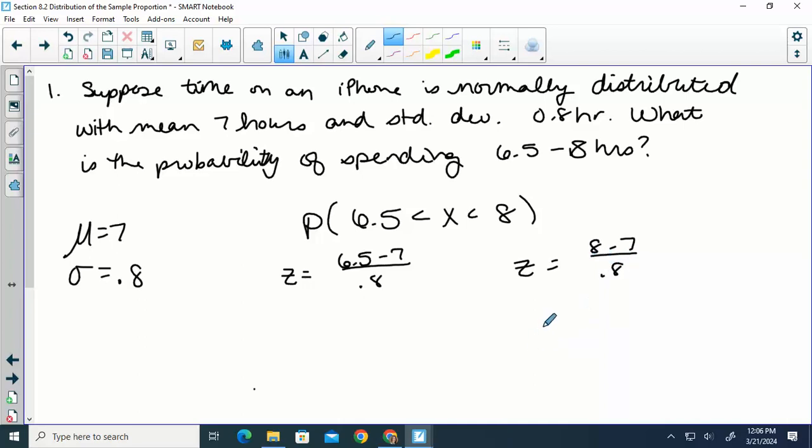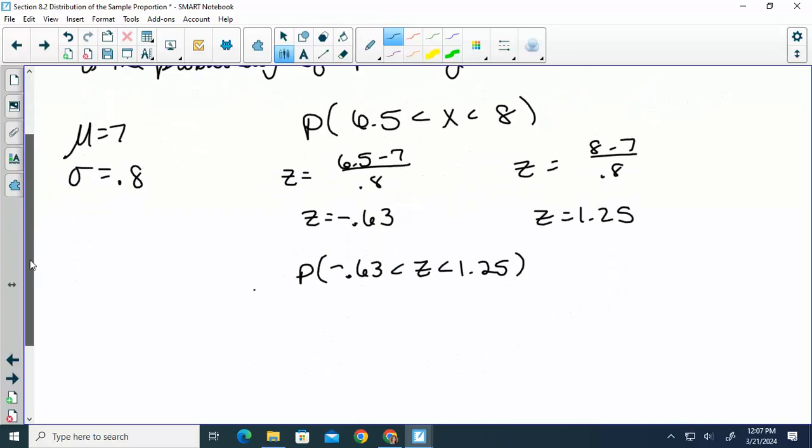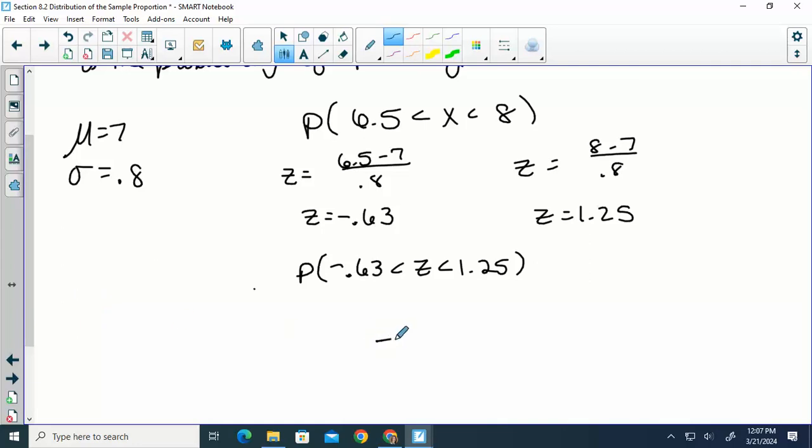Okay, so if we calculate those, I'm finding the probability that z is between a negative 0.63 and a positive 1.25. Then how do you find the probability of being between two things? Subtract. You have to look up the bigger one first because we know our answer has to be positive. So if we look up 1.25,